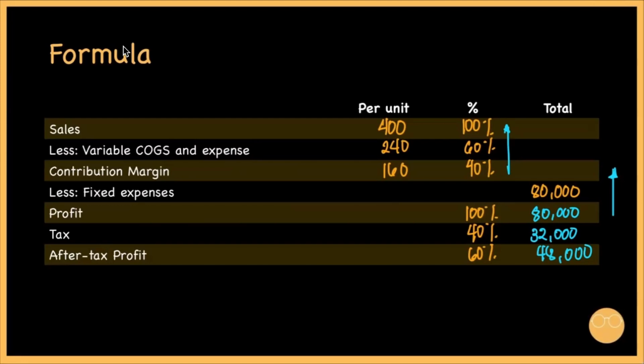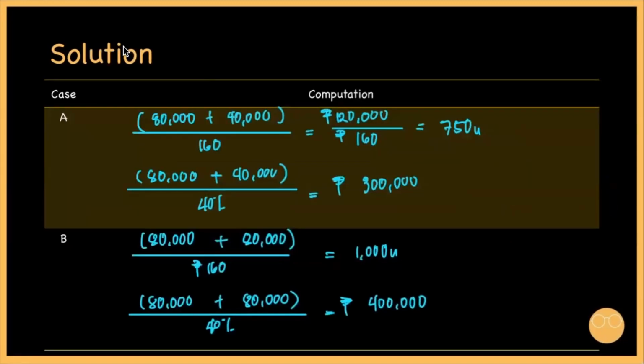Next, our contribution margin rate is 40%. Then 80,000 plus 80,000, 160,000. 160,000 is only 40% of the total sales. Then for us to get the 400,000, let's divide 160,000 by 40%. Then our total variable cost is 240,000 pesos. That's why if we're computing for case B in terms of break-even points in units, 80,000 plus